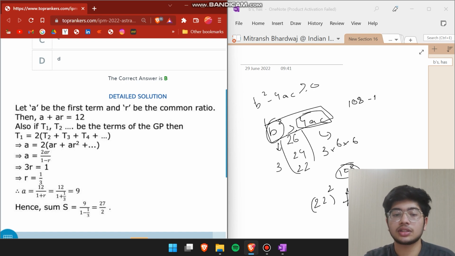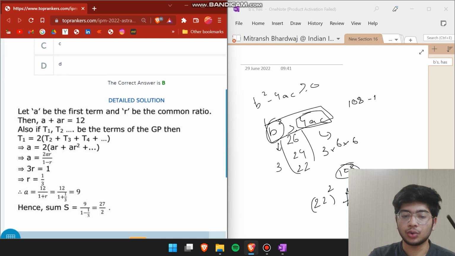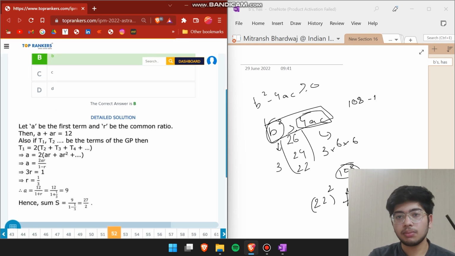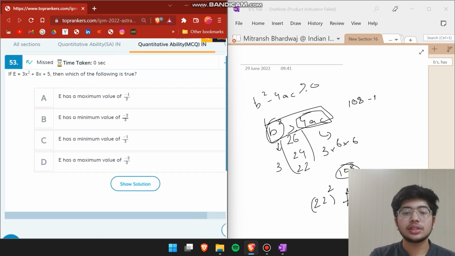इस एक्सप्रेशन को सॉल्व करेंगे तो हमारा आया 2 इंटू ar प्लस ar स्क्वायर प्लस ये, इस एक्सप्रेशन को सॉल्व करते हैं हमारा r आ जाता है 1/3। r 1/3 को हमने वैल्यू में पुट किया तो हमारी a की वैल्यू आ जाती है 9, तो हम देखते हैं कि पूरे उसका सम आ गया 27/2। स्टैंडर्ड क्वेश्चन है, आने के बहुत चांसेस, ज़रूर इस क्वेश्चन को देखिएगा ध्यान से। हाँ, अगला क्वेश्चन,